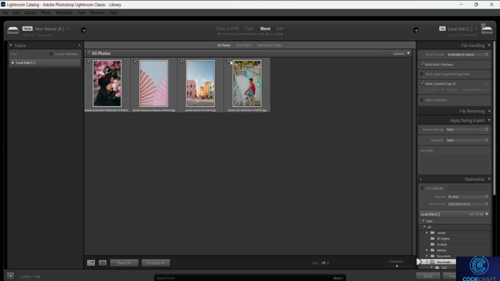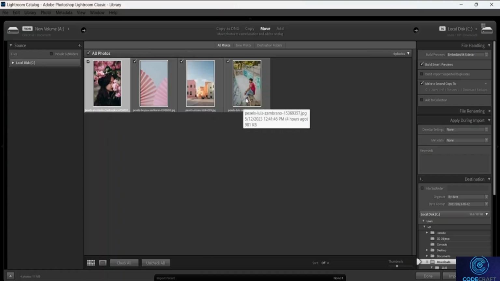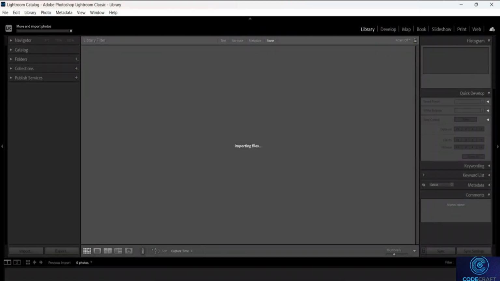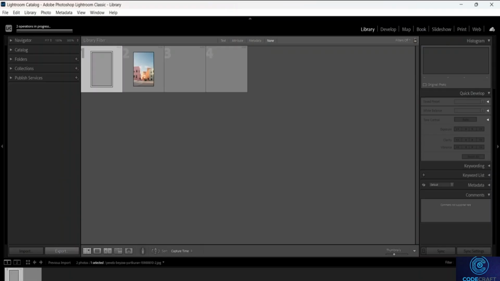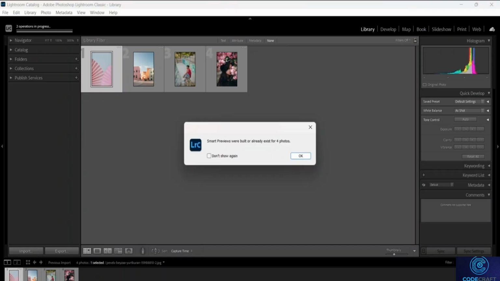Then after you're done, you can select the photos which you want to import and also deselect the ones which you don't want to import. Because I want all, I can select all photos and all will be selected, and then you will see this option of import. Click on it, and you will see that it will be directly imported to Adobe Lightroom. It will take a while to import your photos and see their metadata and all of their attributes and text,